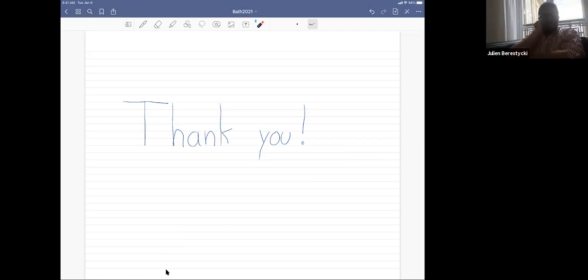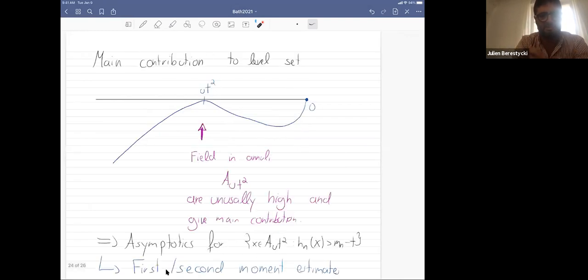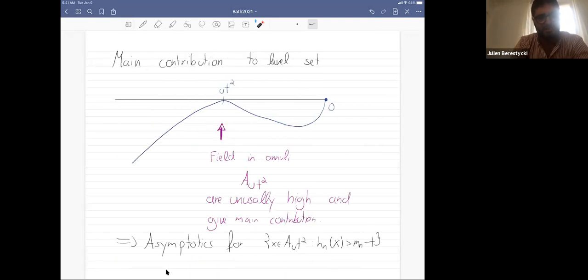Can I ask just one very naive thing? Can you just re-explain briefly? I always get confused by how you see the field as a genealogical picture. Can you remind me how that works? Right. So you're saying the particle is a descendant of mass coming from that position or something like that, but what you have is a field.